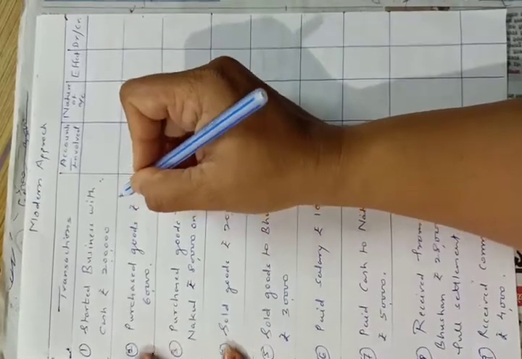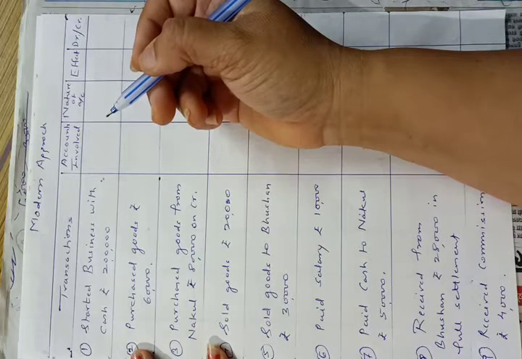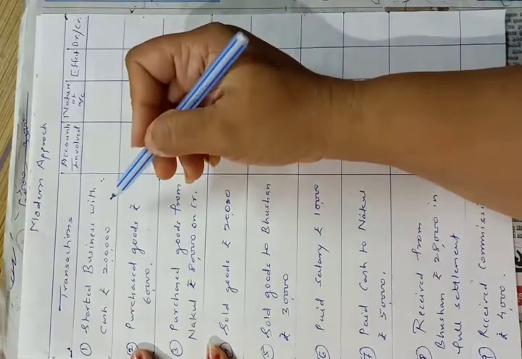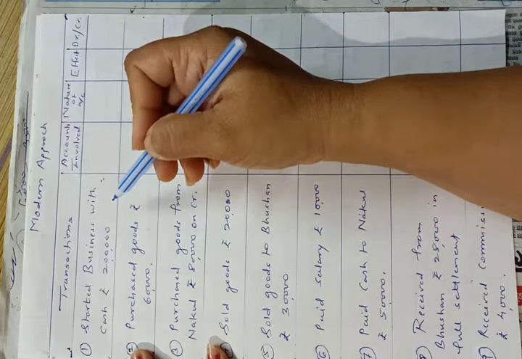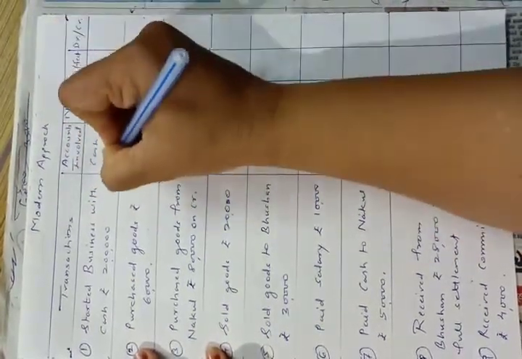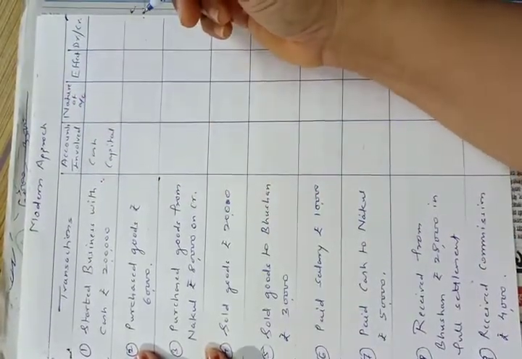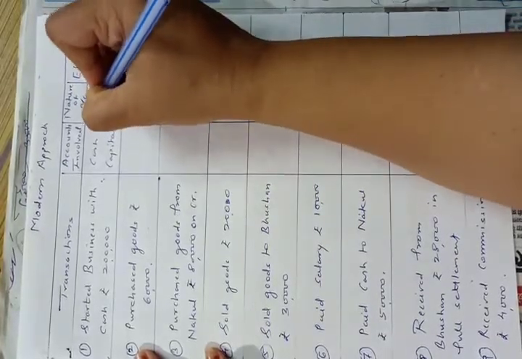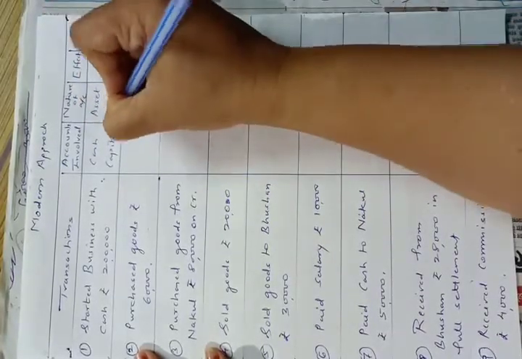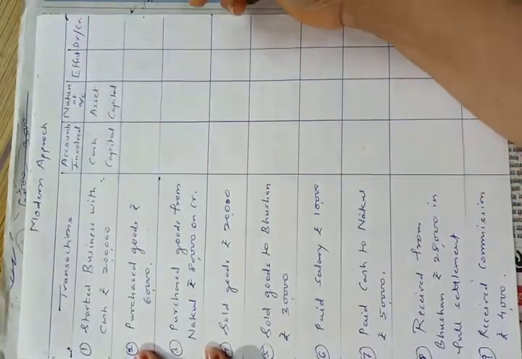First transaction: started business with cash rupees 2 lakhs. We know which accounts are involved in this transaction. One account will be cash account and second account will be capital account. So cash and capital. Okay, now the nature of account: cash is asset and capital is capital. Okay, now effect: